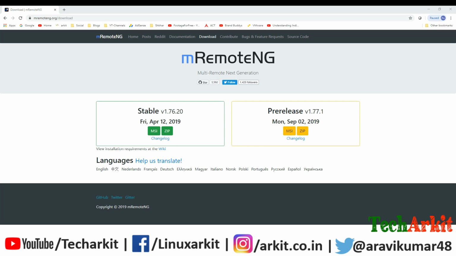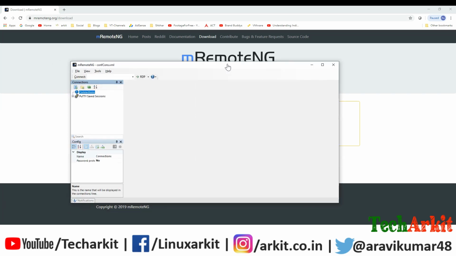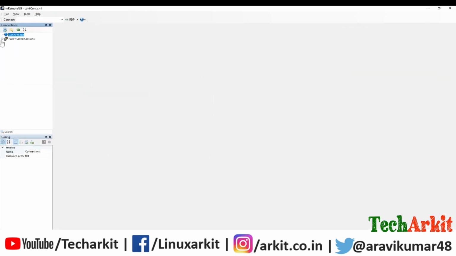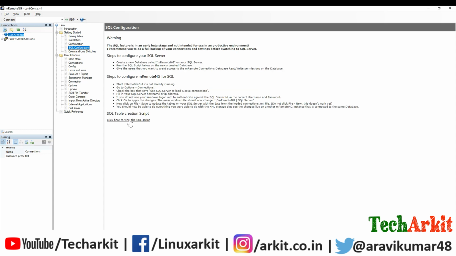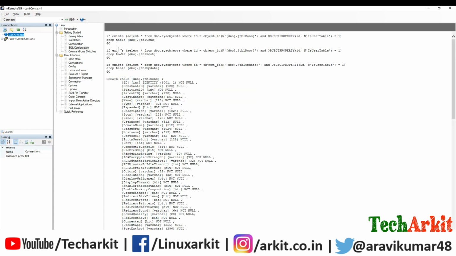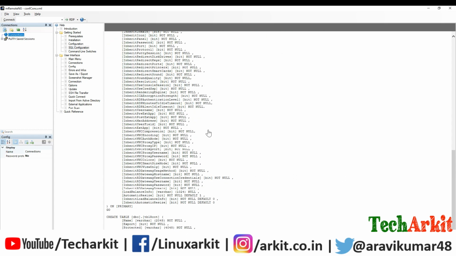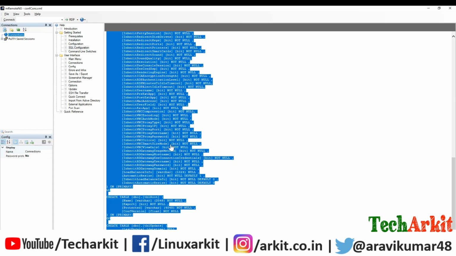Now you can see that the tool is opened. So this is the tool. By default it uses an XML configuration to store the connections, but I'm going to set up a database for this. In order to do that, you have to go to Help and find the help documentation. There you have to select the SQL connections, then click on the query required for the database, select this query and copy it,